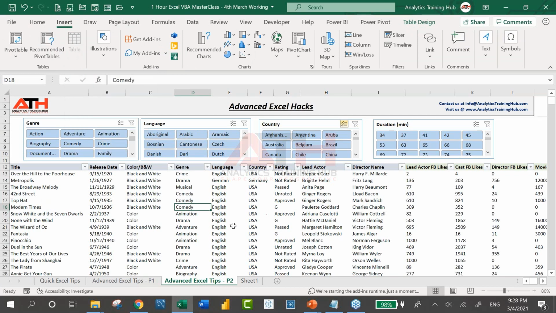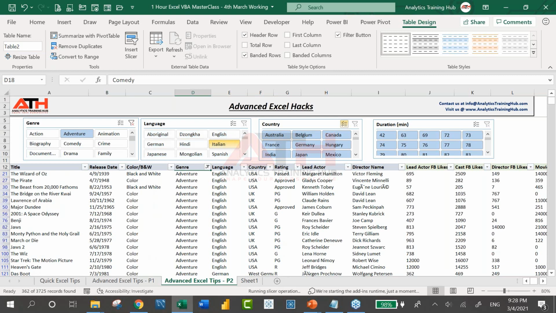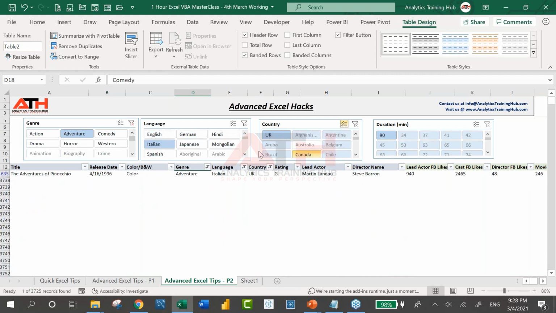It converted the data into an Excel table feature, then showed me this option here, and here I've got an option called slicer. I clicked insert slicer and chose the fields whose filter I'm looking for. And then simply these slicers you are going to see here, just click on it and that's it. You have made the interactive table.